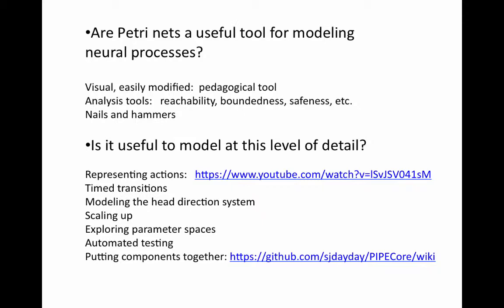How many cells do we need? Petri nets are based on integer math, although it's possible to do real numbers in Petri nets. This particular version of the software doesn't include them. But if you get the numbers big enough, discrete integer-based behavior can begin to look increasingly like continuous behavior. So maybe it's just a question of scaling up the numbers. Those are the sort of parameters that I need to be able to explore systematically, and I do have some